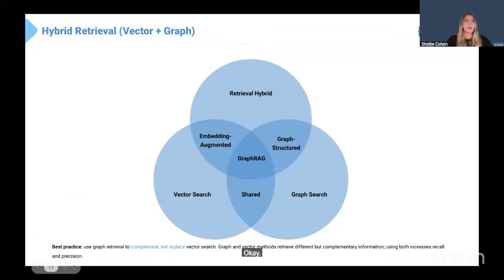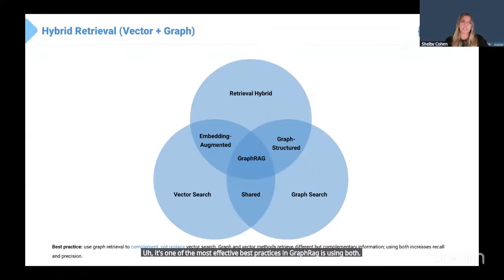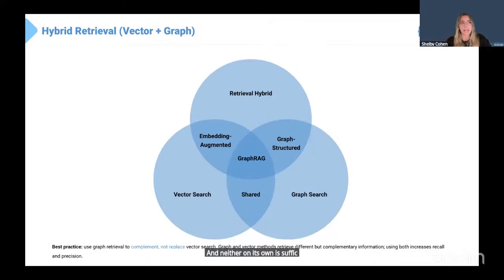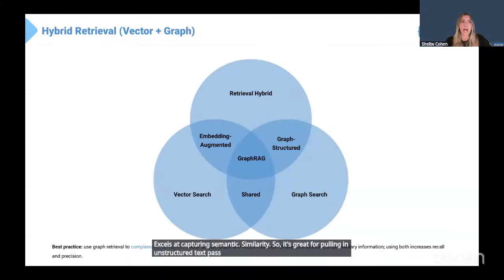Okay, so hybrid retrieval, vector and graph. Why hybrid retrieval matters. One of the most effective best practices in GraphRAG is using both vector search and graph search together. Each method retrieves different types of information, and neither on its own is sufficient for all queries. Vector search excels at capturing semantic similarity. So it's great for pulling in unstructured text passages that are topically related to the query, even if they